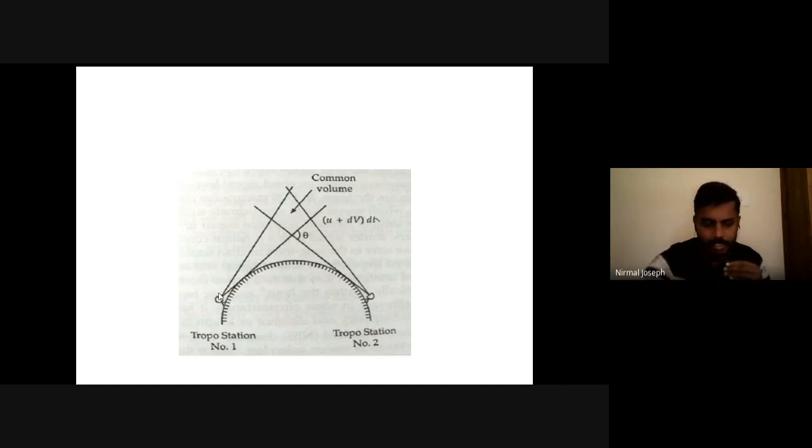So what is the idea? Station 1 is transmitting and waves are reaching here. From there, tropospheric particles like dust particles and water vapor will be there. From that, the signal is getting reflected, and since the orientation of the antennas is perfectly matched, it will reach here only. Here, station 2 will capture that, and vice versa. Two-way communication is possible through this.